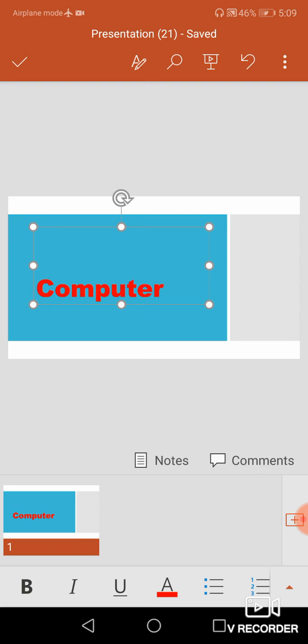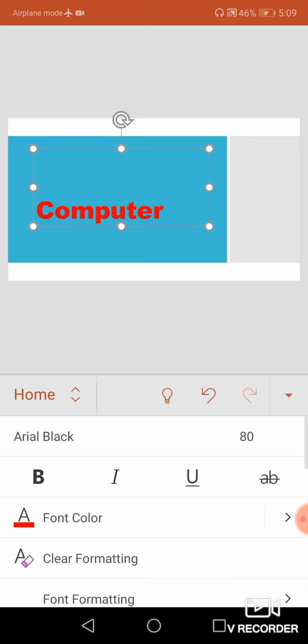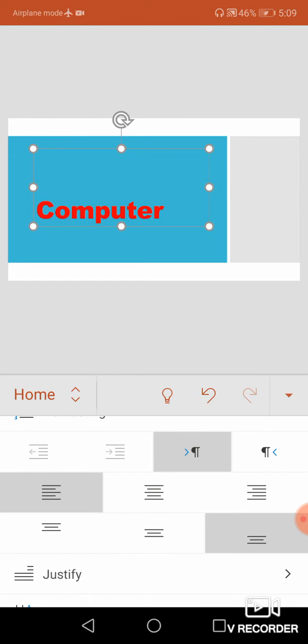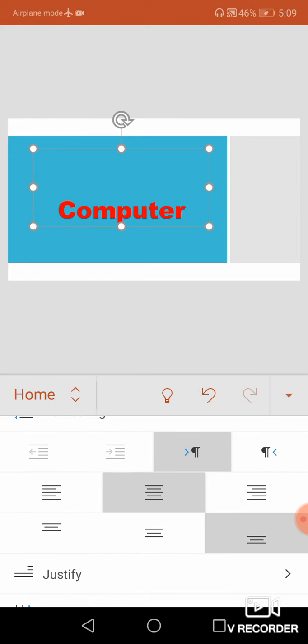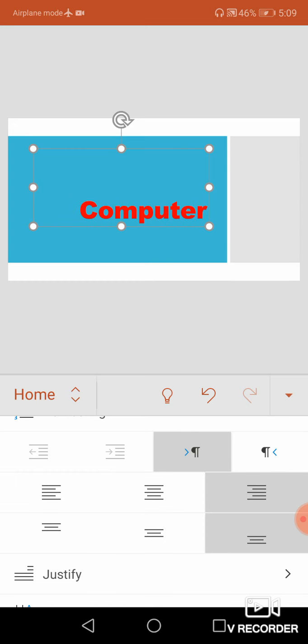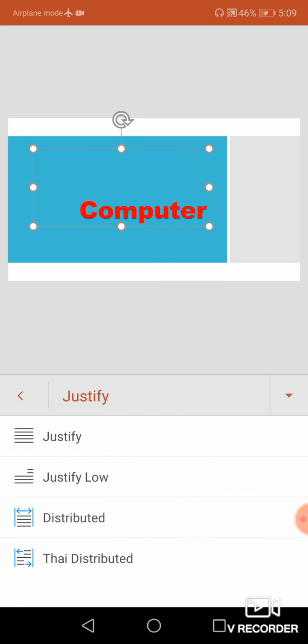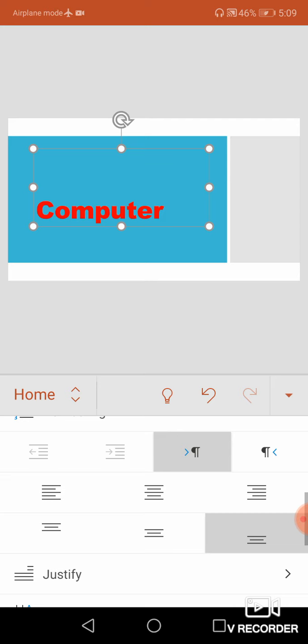There are 4 types of alignment: left, right, center and justify. So for that you can see here left, and then center, and then right side, and then justify. I am going to justify. Left means your content will be moved towards the left side of your margin.